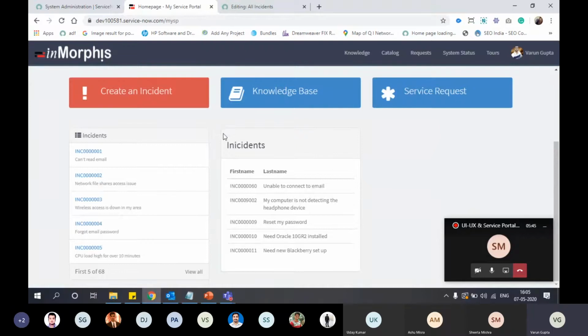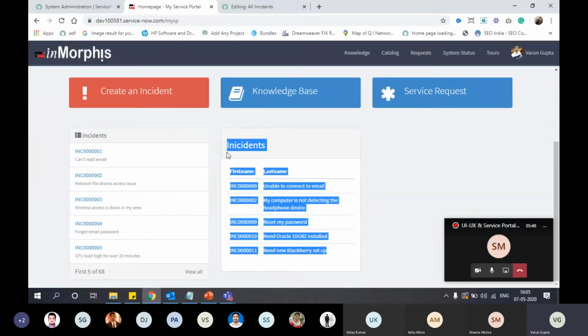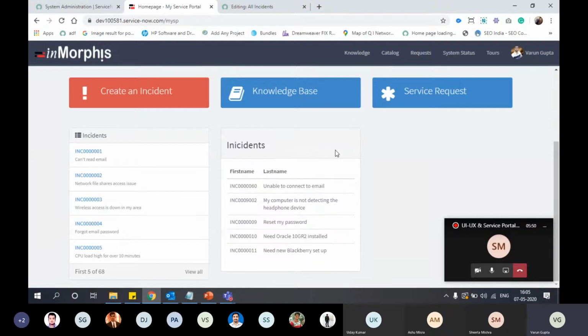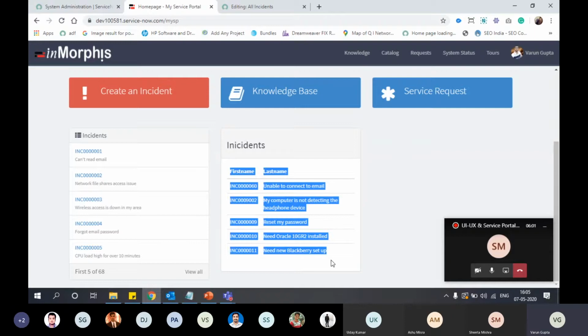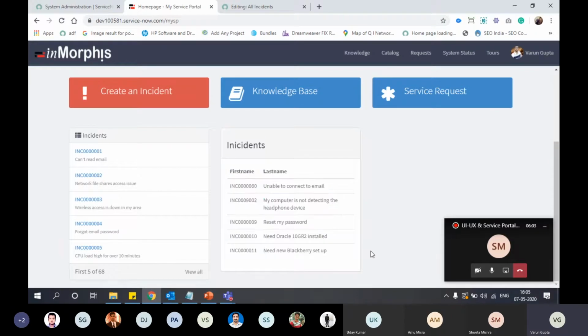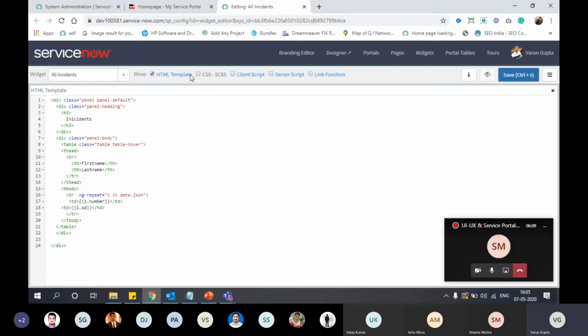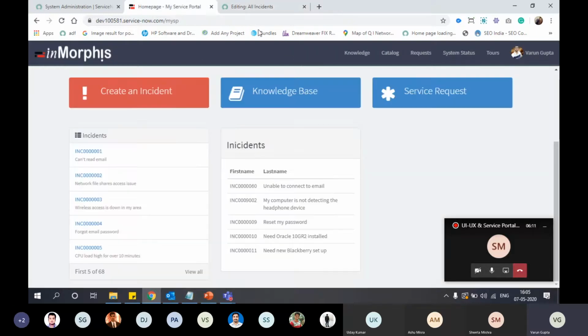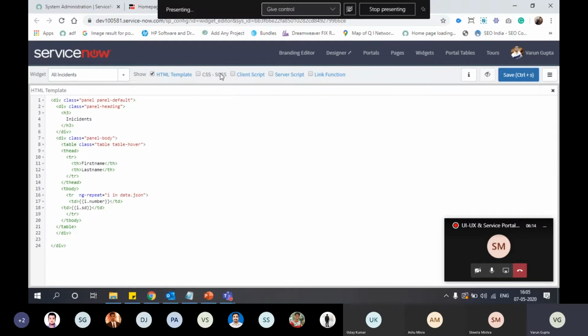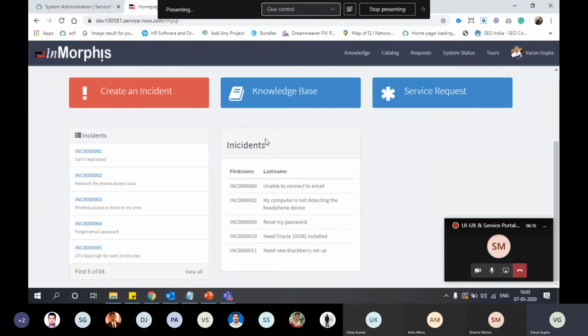See, we have some design changes here by using the bootstrap classes. This is a panel header. The whole widget is inside a panel class, then panel header, and this one is panel body. We can give coloring and other stuff by using these classes. Now we will add some buttons here using client script.